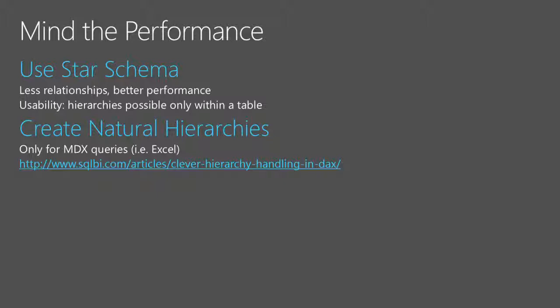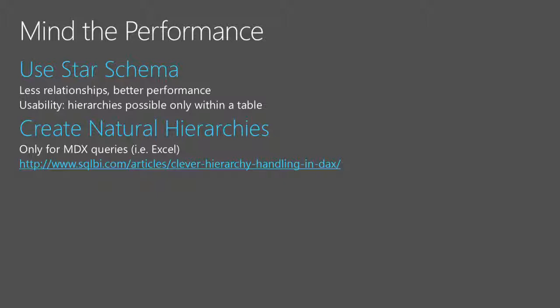But talking about performance, another important issue is creating natural hierarchies. What does it mean? If you have a model that has a year, month, day hierarchy, you know, year: 2015, 2016, and so on. Month: how many months do we have in the column month? We will say 12, because in this way we have a lower amount of unique values, which is a good thing for the compression, and this is true.